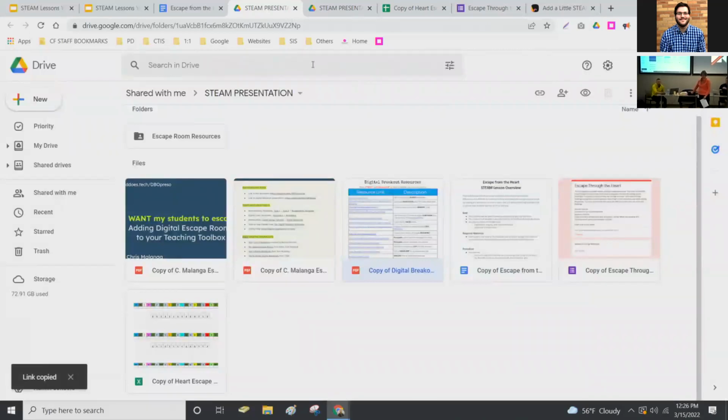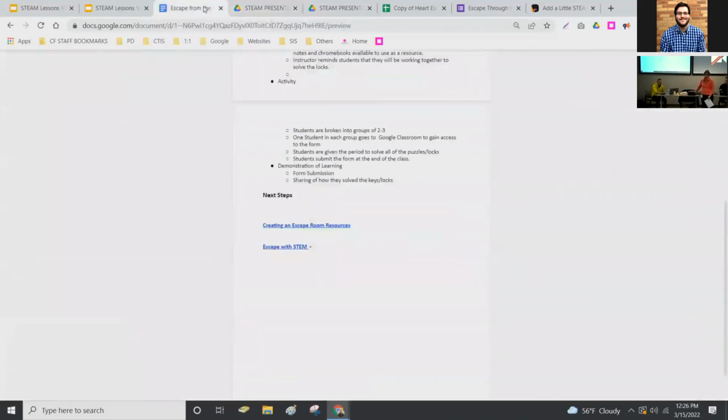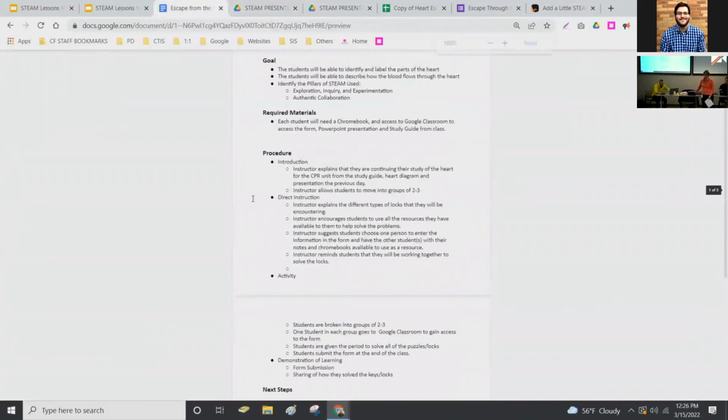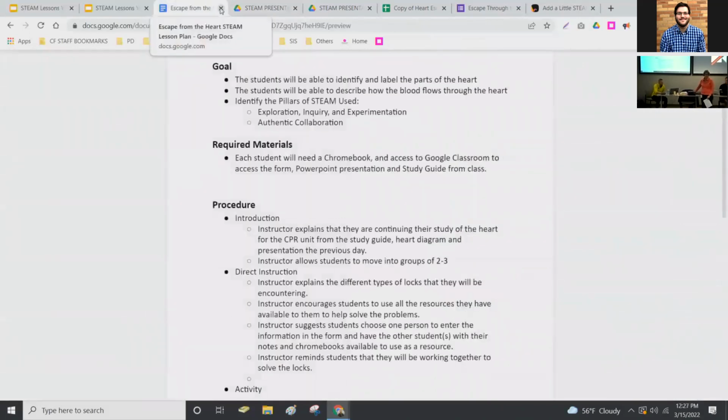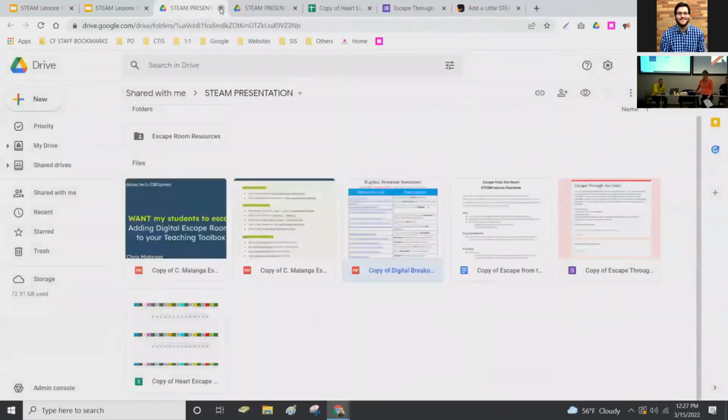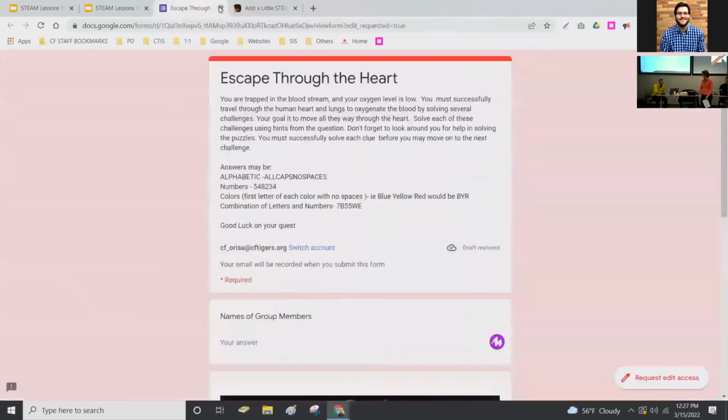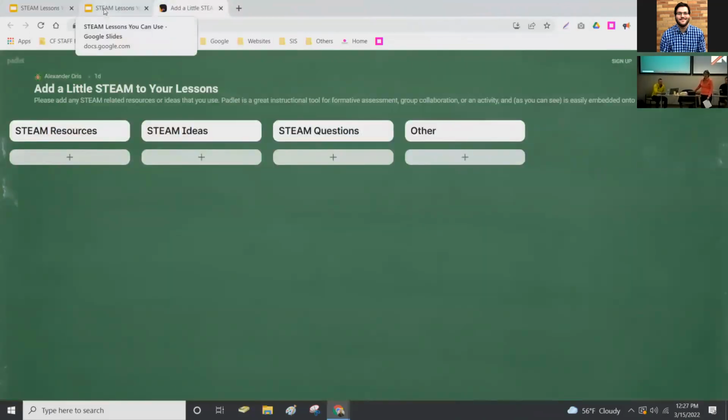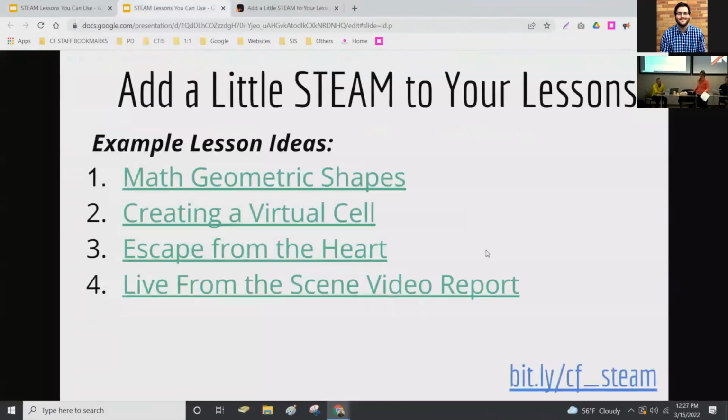Any other questions about breakout boxes, physical or digital? If you're working on one and you get stuck, you can always give me a call and I will be happy to help you with it. Toolboxes work fine for building your own. I do have a couple toolboxes. They're not as good as the actual breakout ones because they're much harder to adjust the locks on them. I've had to throw many locks out that were supposed to be adjustable that I can't adjust.